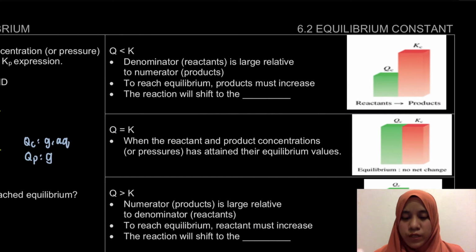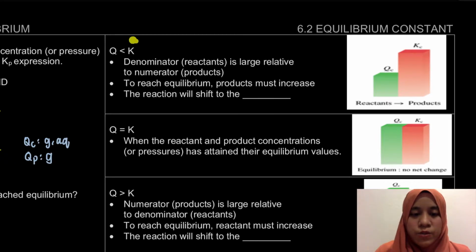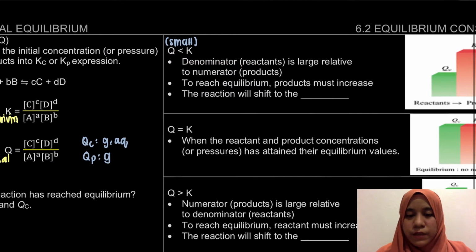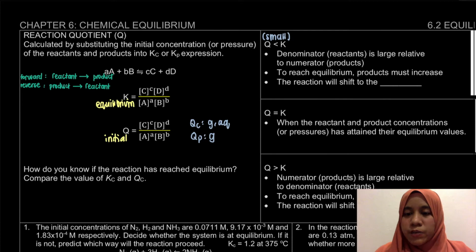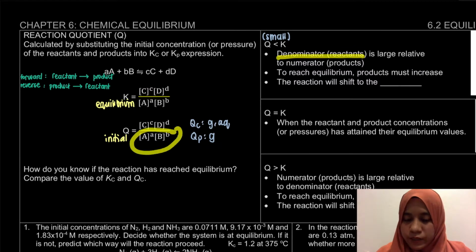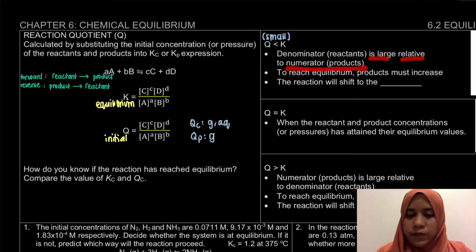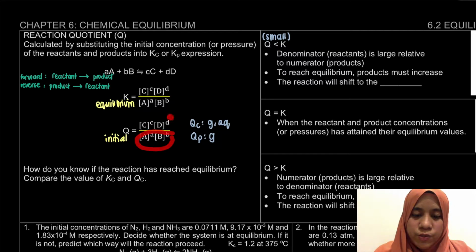Okay, so first one is actually Q is smaller than K. So, yang ini mesti tulis je lah. Q ni must be a small value. Okay, so why Q ni is small? Because the denominator, so contohnya kita ambil yang sini ya. The denominator, ataupun kita punya reactant ni, is actually large relative to the numerator. So contohnya kalau kita punya denominator ni is a big value, kita punya numerator ni small,